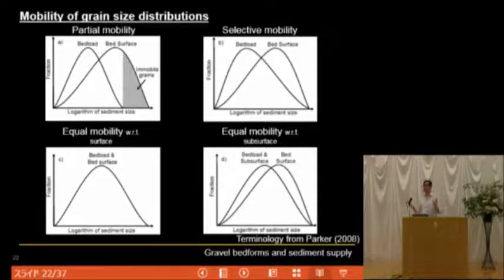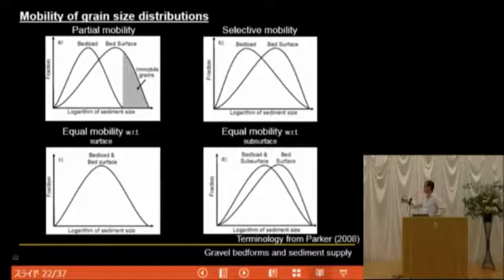And none of the definitions really seem to map onto each other perfectly. So what I did is I went and I took some terminology from Parker in 2008. So if you don't like the way I use these things, you can go to Illinois and complain to Gary, I guess. But so far as I can tell, there's 4 fundamental behaviors of grain size distributions in the transport